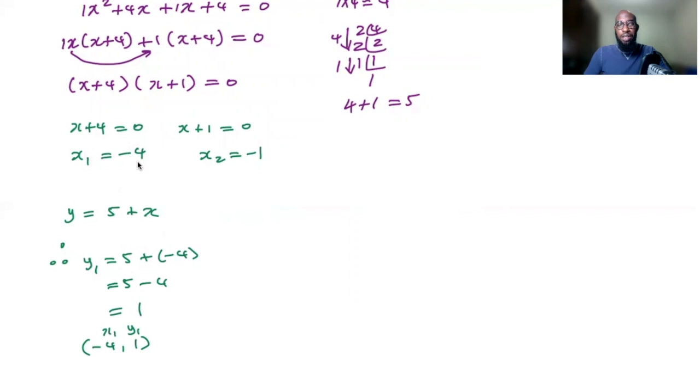Now, when you deal with a negative number, usually I tell students, put it in a bracket. Put your negative number in a bracket. So when you're multiplying your signs, because bracket means multiplication, when you're multiplying two different signs, it's a negative. 5 minus 4 is 1. So we're going to do the same thing for x2 or x subscript 2. So we have y2 is equal to 5 plus